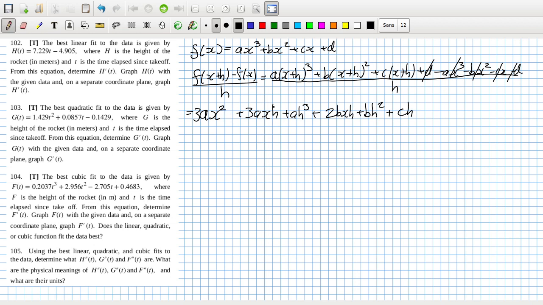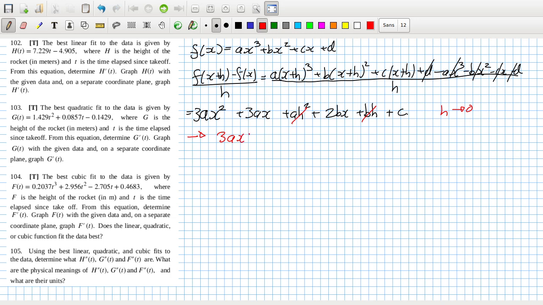So the h goes, that's a square, the h goes, that goes, that goes, and then when h tends to 0, that's gone and that's gone. So this will tend towards